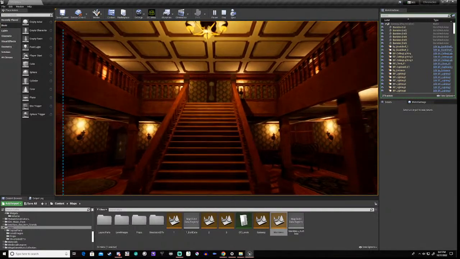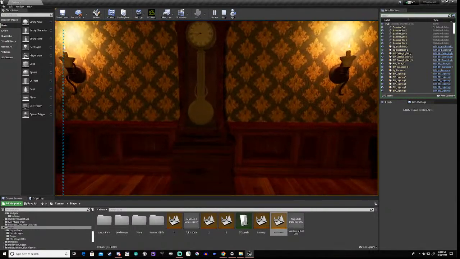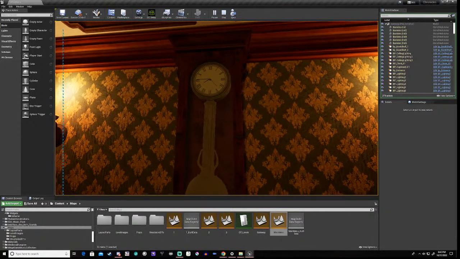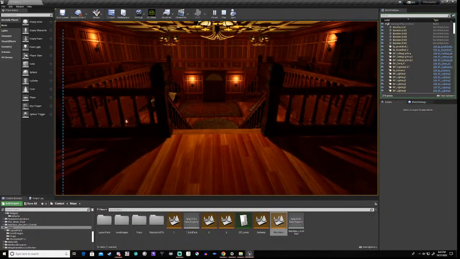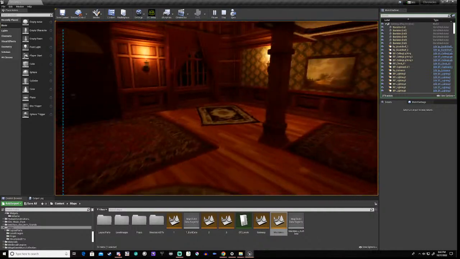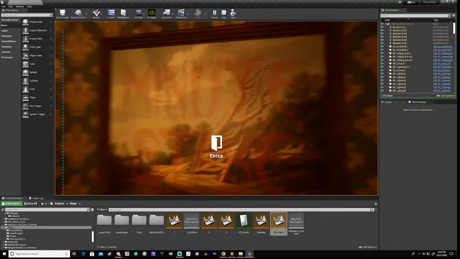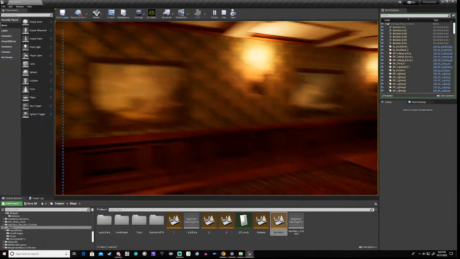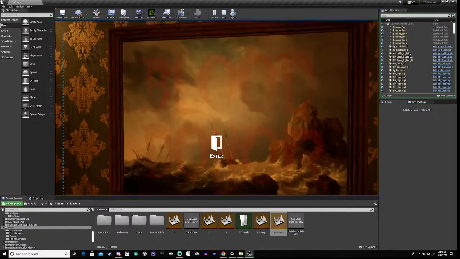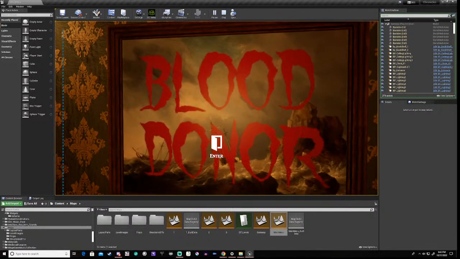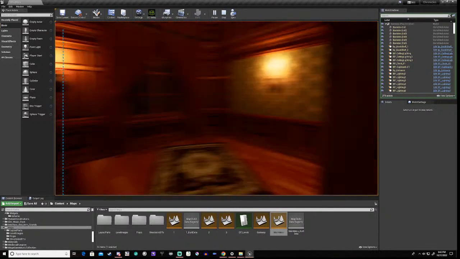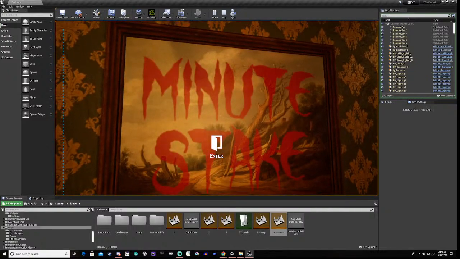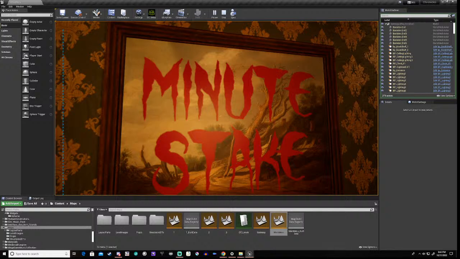And then there are little touches, like this clock actually works, right? And stuff like that. And then to pick a level, it's the photos on the wall, and you can do that type of stuff. So this actually takes you into the level. So if I hit enter,